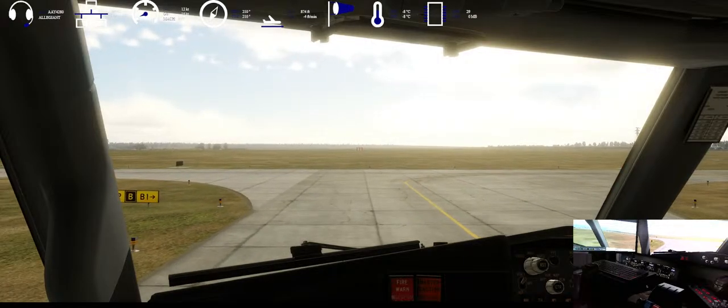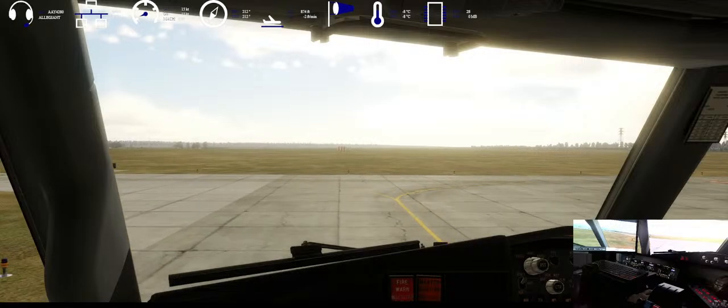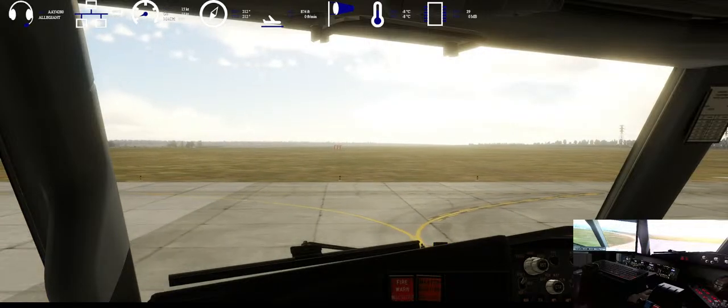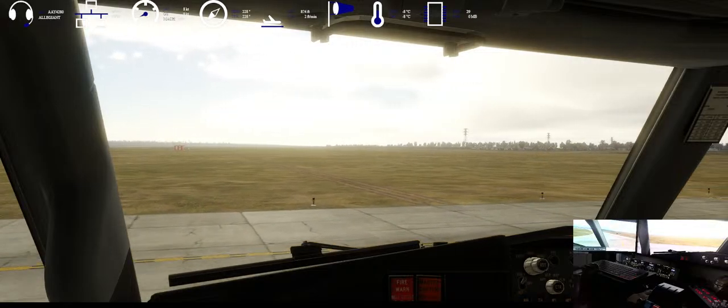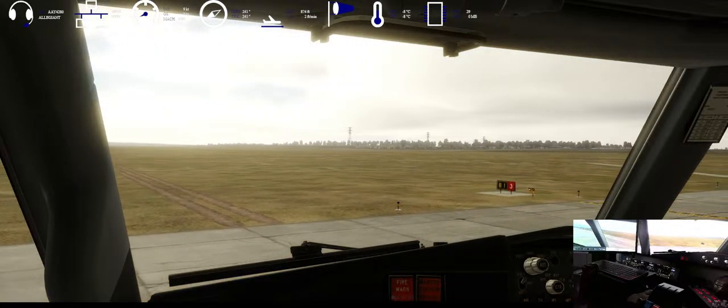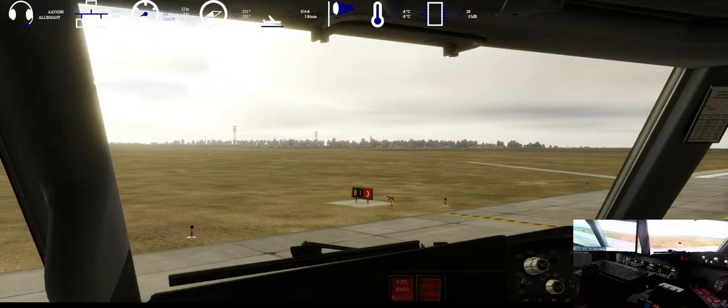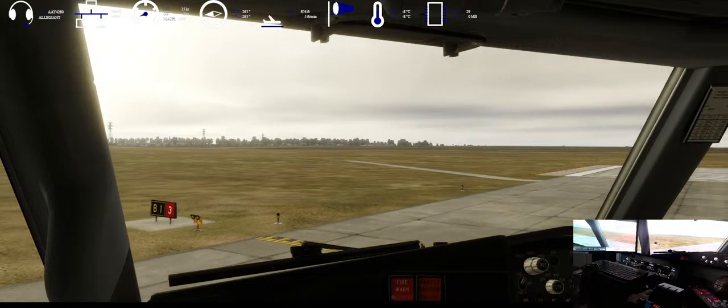I turn on all my lights. I'm beginning to wonder if it's a deduction on our airline. Not positive, but